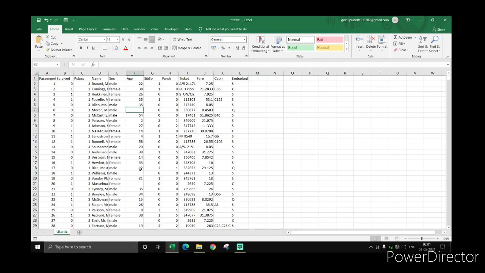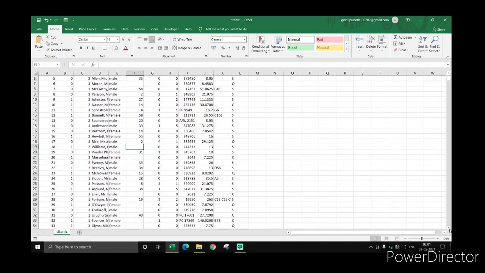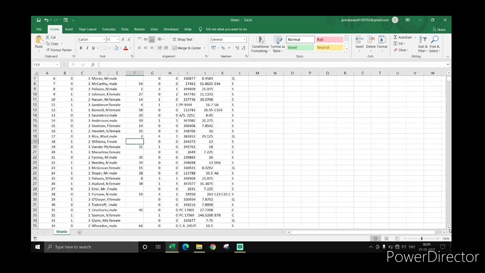Then we have to clear those blank and null values. We have to fill them out. Here we are having 891 records, 891 passengers' details, with 549 unsurvived and 342 survived passengers. Since they are unbalanced, we have to balance them. So to make them balanced, we are taking exactly 300 survived and 300 unsurvived.